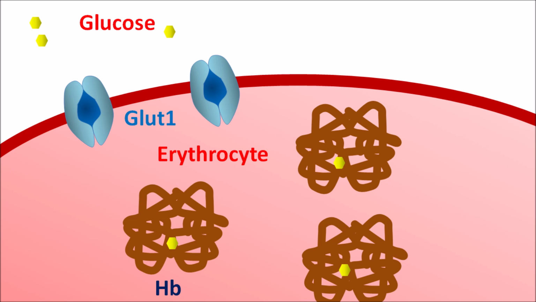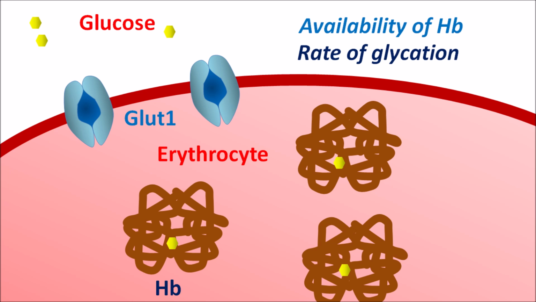hemoglobin. But the binding of glucose with hemoglobin depends on two factors: the availability of hemoglobin as well as the rate and extent of glycation. So HbA1c is measured as a percentage, which is a ratio of glycated hemoglobin levels divided by total hemoglobin levels multiplied by 100. So this is the percentage of hemoglobin that is going to be glycated with the glucose, which will give the HbA1c